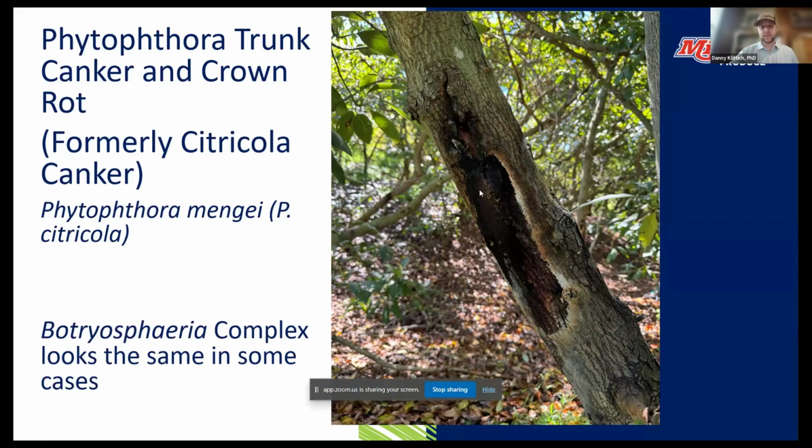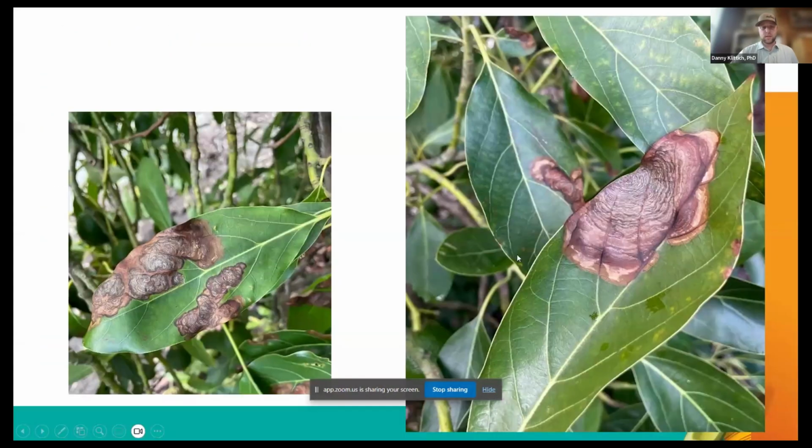This can also look very similar to Botryosphaeria complex infections. So that's something that needs to be checked before treatment, because a lot of Phytophthora products don't do anything for Botryosphaeria. So talk to your PCA there. And here's an